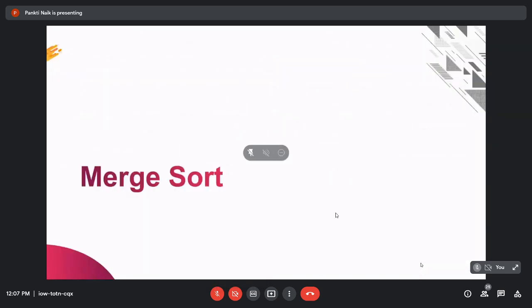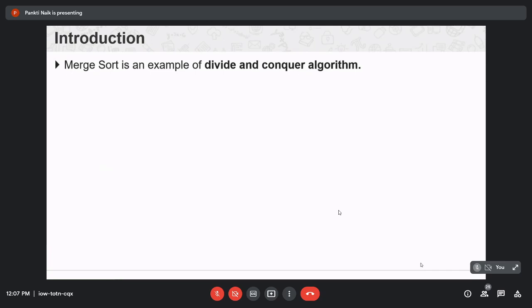Okay. Now, the next problem for which we can design the algorithm using the divide and conquer strategy is merge sort. Merge sort is a sorting algorithm which uses the divide and conquer strategy.